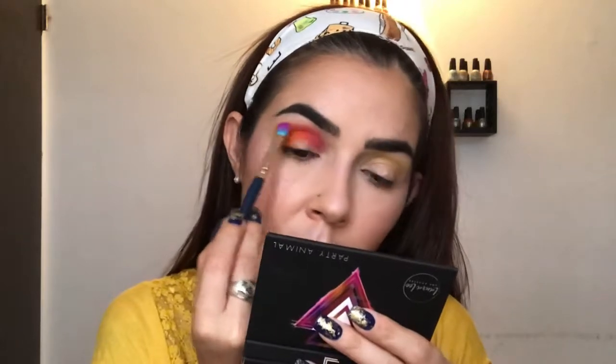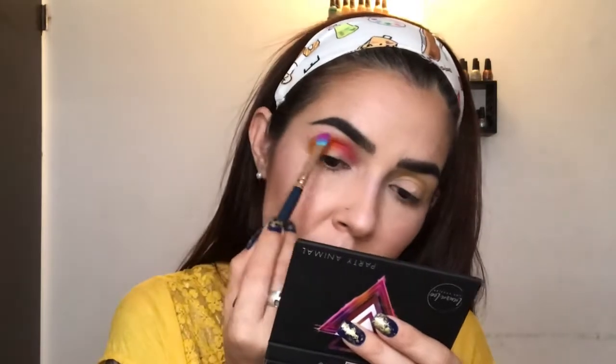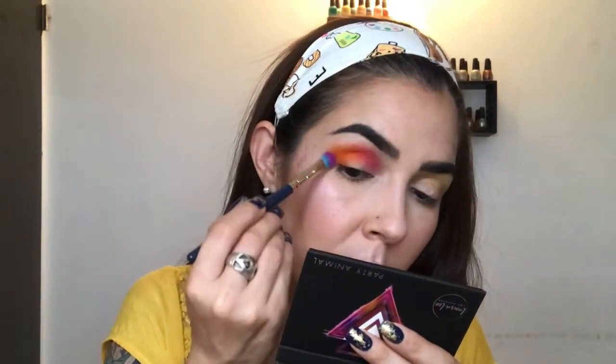of these two shadows. I'm doing it in a little bit of circular motions, and I'm trying to be really careful blending them because this was the part where the other shadow, the blue one, really messed up. So I just wanted to give the opportunity to these shadows to see if they are not into the blending thing. Just trying to get rid of the edges that I made in the application and try to not disrupt much